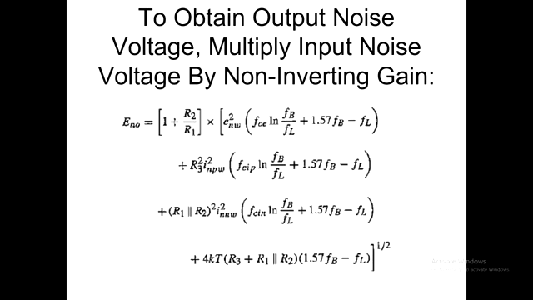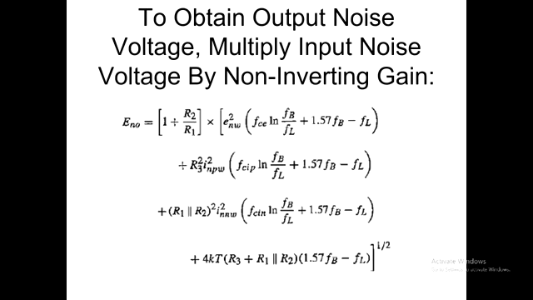Because it's not adjusted. You do the adjustment here. FB is the unadjusted, that's the signal bandwidth. And then FL would be whatever we decide, a very small number. If it's a DC amplifier, then FL is 0, but you can't use 0 in the first term because it won't work. So you just use a very, very small number.